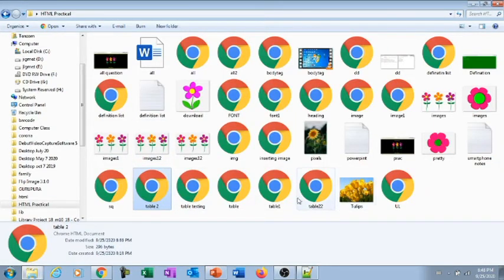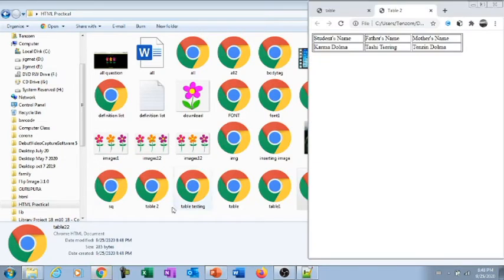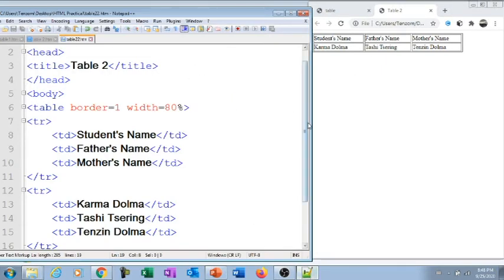Then you have to open the HTML practical folder, and look for our web page. The name of the web page is table 22. Now we will open this one. This is the output of this coding. As per today's lesson, we have learned some attributes of td, th, and tr. Inside the tr we can use